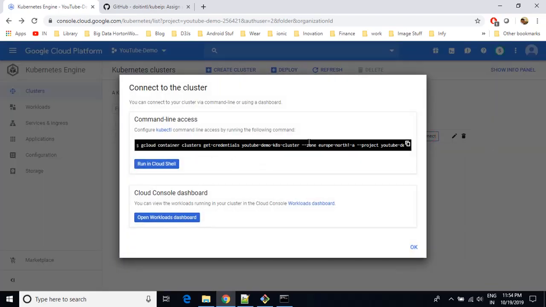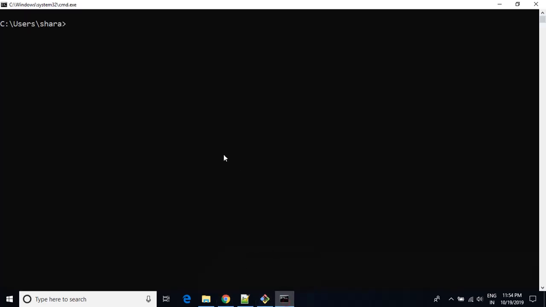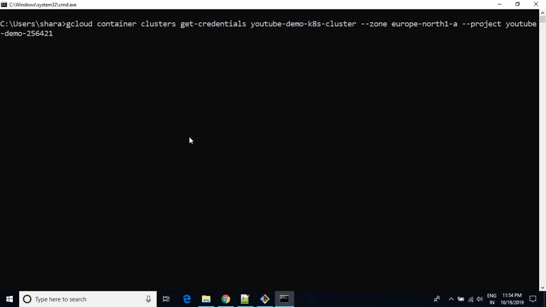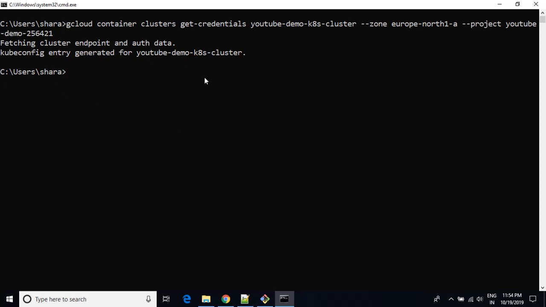So just click on connect, and you just copy this command to get the kubectl configuration file. There should be gcloud already installed in your machine and configured. You should already be logged into that gcloud. So just paste that and click enter, then it will fetch and